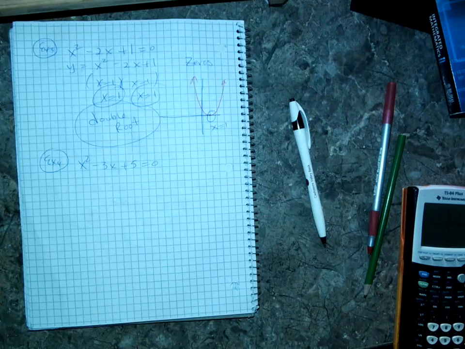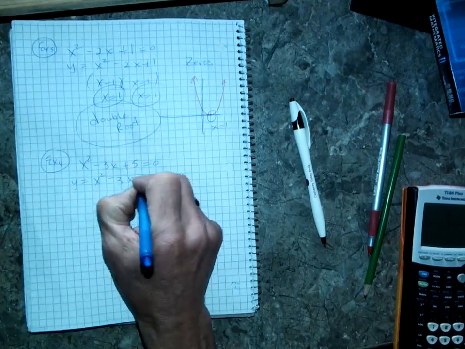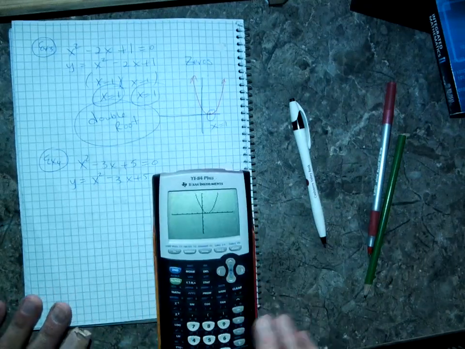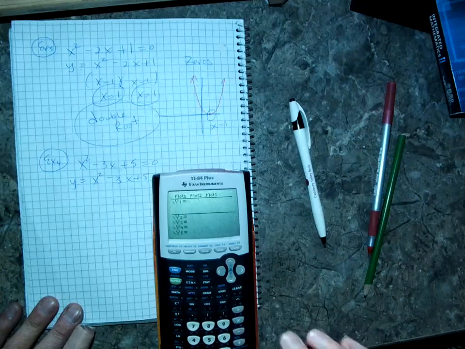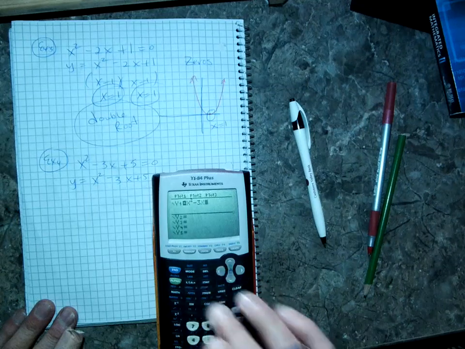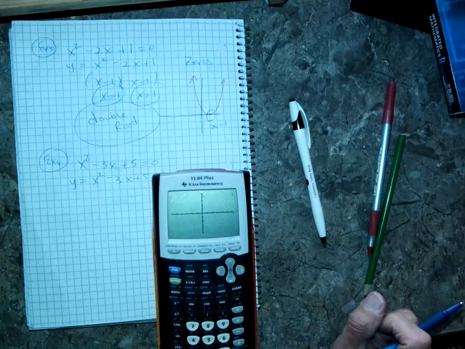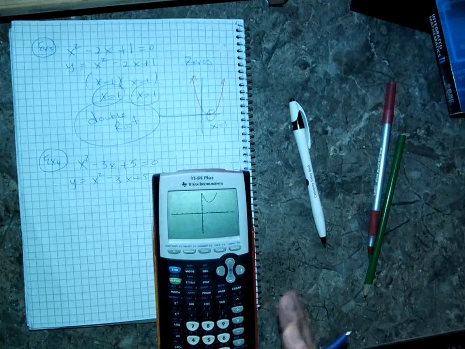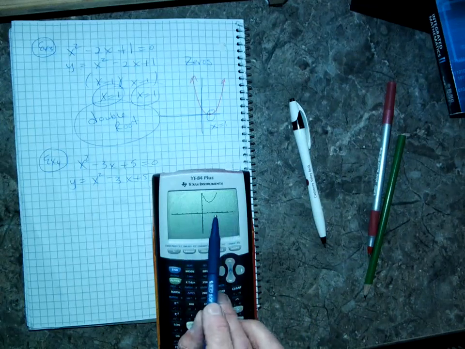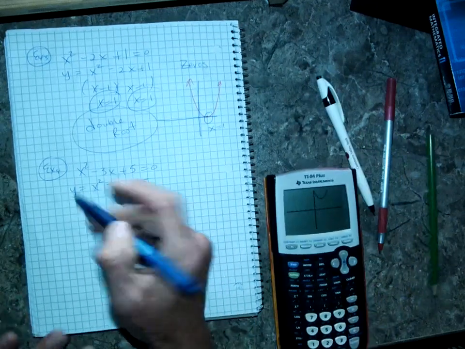So, again, we're looking at graphing. y equals x squared minus 3x plus 5. Use Desmos if you can get it on your phone. I'm going to use my graphics calculator. So I'm going to go x squared minus 3x plus 5. I'm going to graph it. Oh, interesting, huh? That tells me there's no solution because we're looking for x-intercepts. It's above the x-axis. So I like this one in a sense. There are no